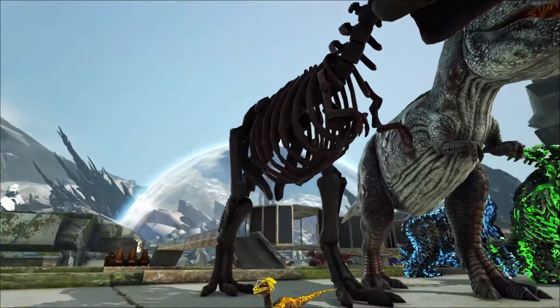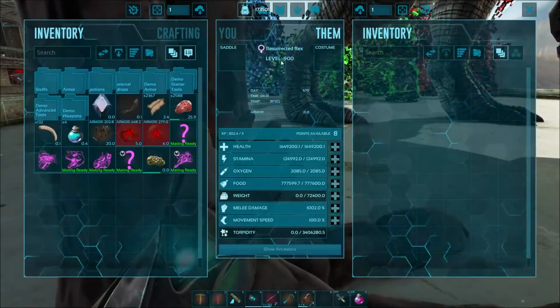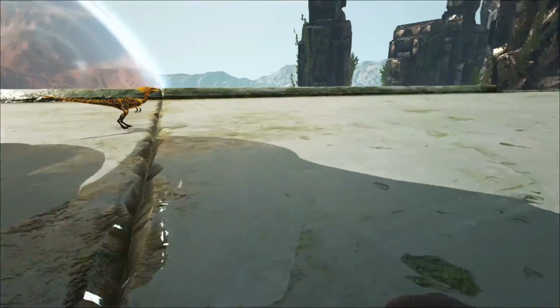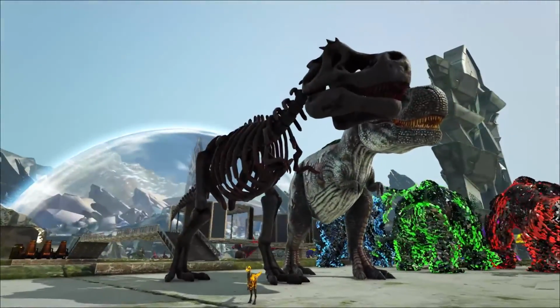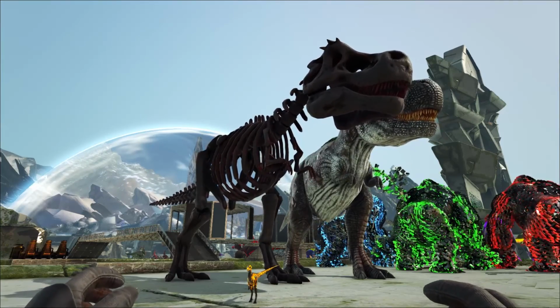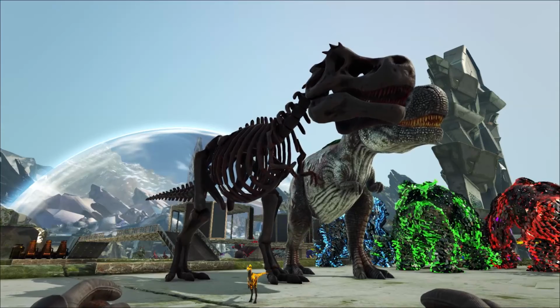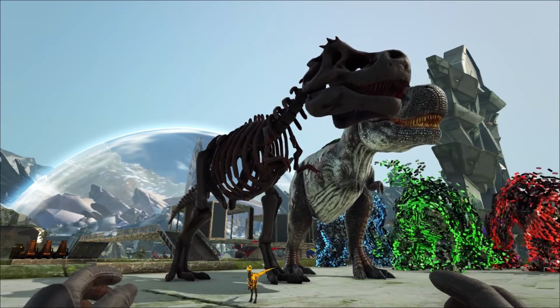Now, this guy right here, the skeleton one, this is not a tameable dino. This is just one that we spawned in just for this video. This is the Resurrected Rex. There's several different variations of this. You have a Rex, a Raptor. There used to be little Dodos, but I haven't seen those in a while. There's a Spino and a Wyvern that all fly around, and when you eat those, it gives you a chance